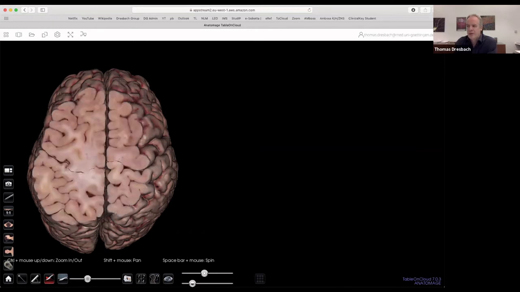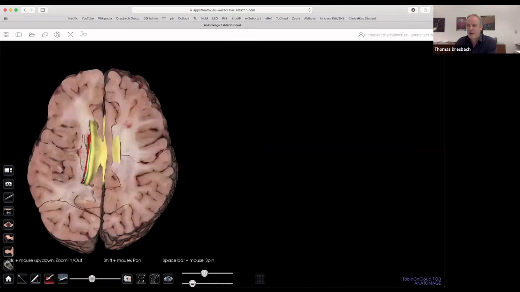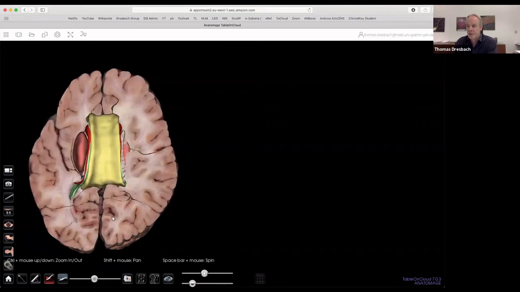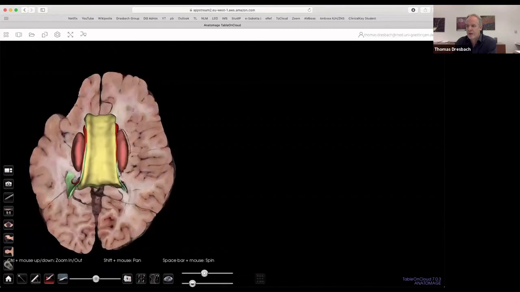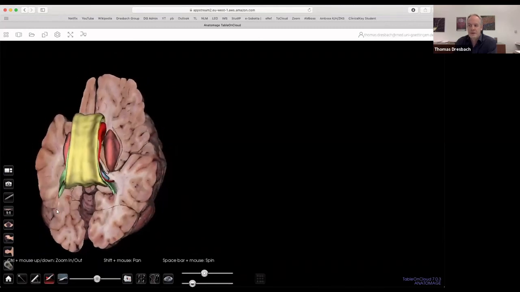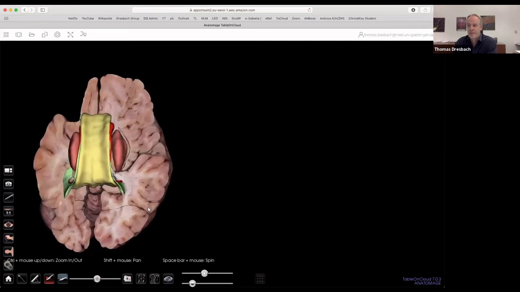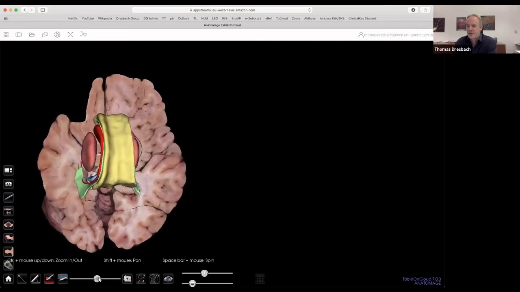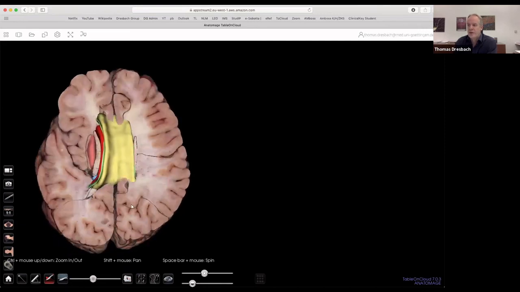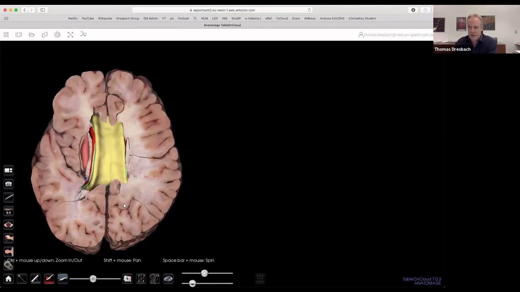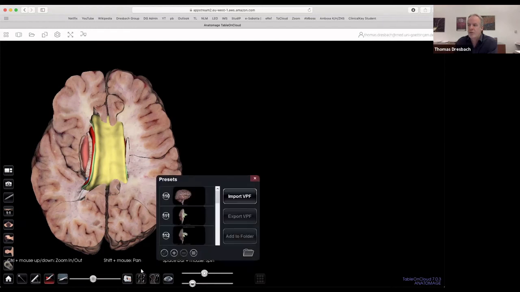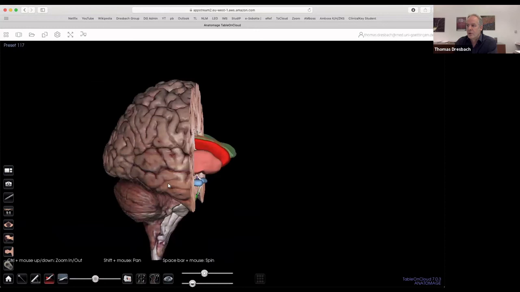We would keep removing this until we see the corpus callosum and the structures located nearby. Now this, what we see here, is something that students would only get to see in the cadaver class, and using these presets here, they would be able to somewhat appreciate and get an idea for what this should look like. If we go closer to this,